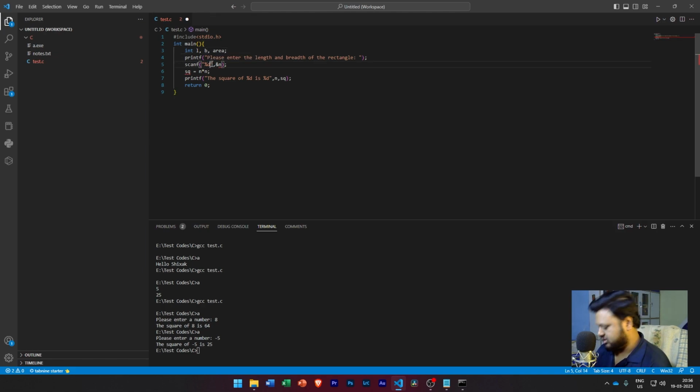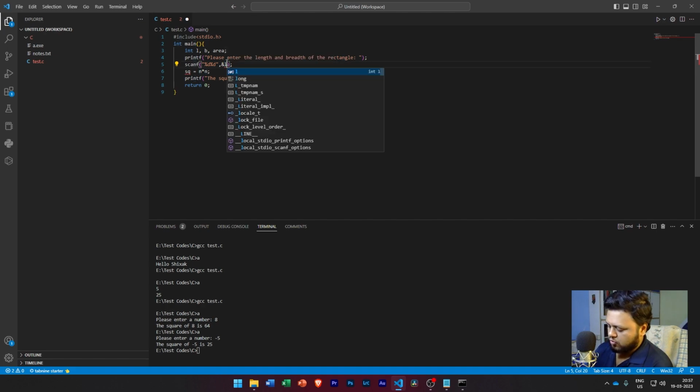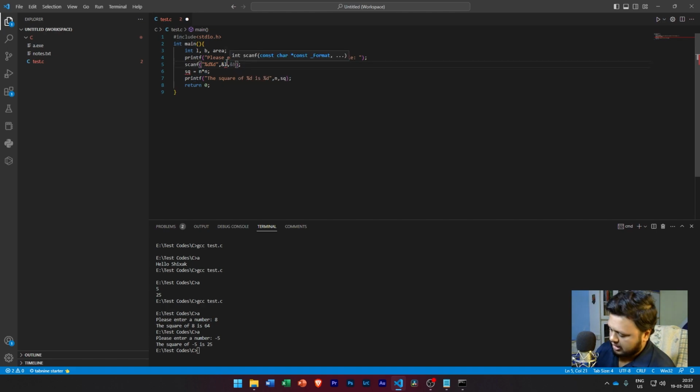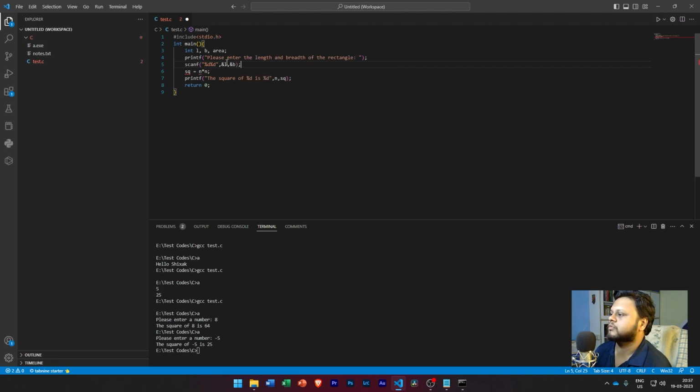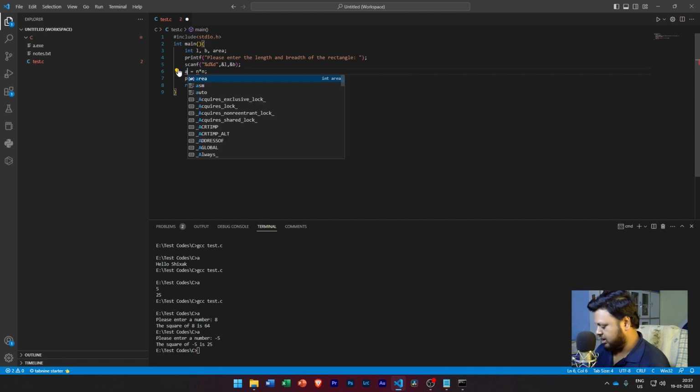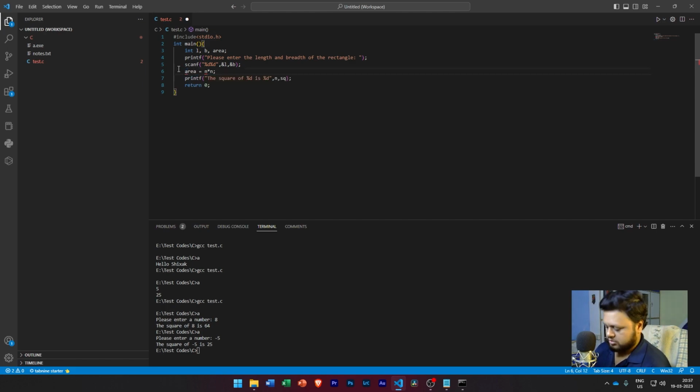So I will write simply 2%ds like this. And then I want to take the input in two memory locations. One is the memory location of L. The other is the memory location of B, right? And the area can be calculated as area is equal to L into B,